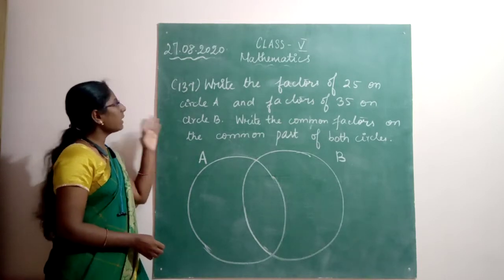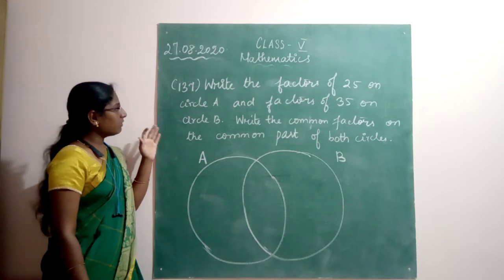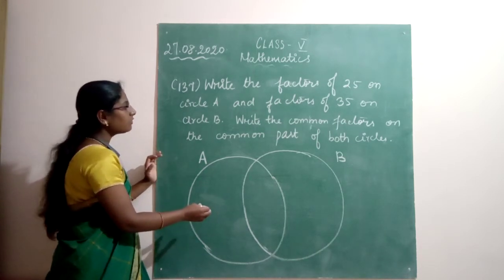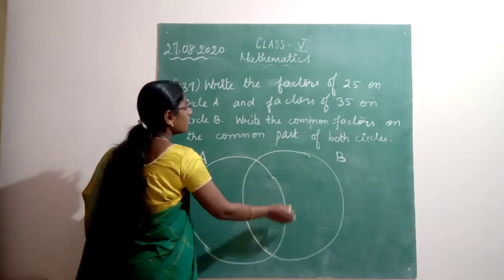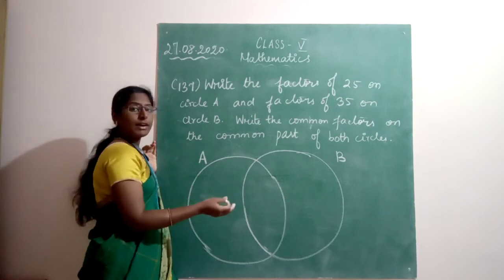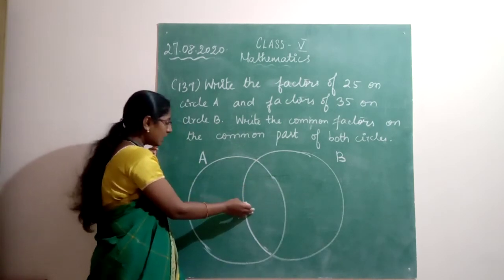We will see C137. So here write the factors of 25 on circle A. So here you have circle A. And factors of 35 on circle B. So this is circle B. Write the common factors on the common part of both the circles. So the common factors of 25 and 35 we have to write in this common part. So let us write